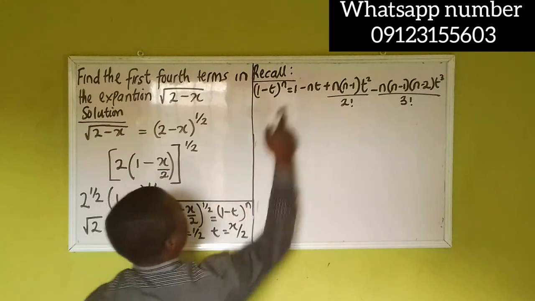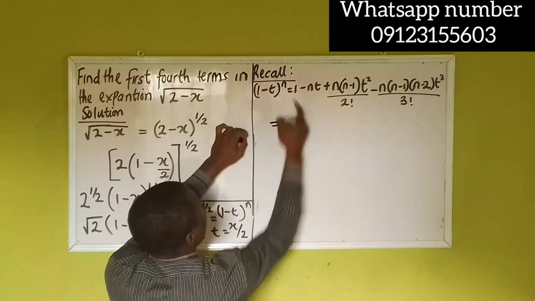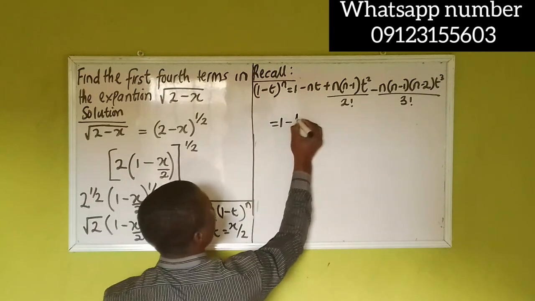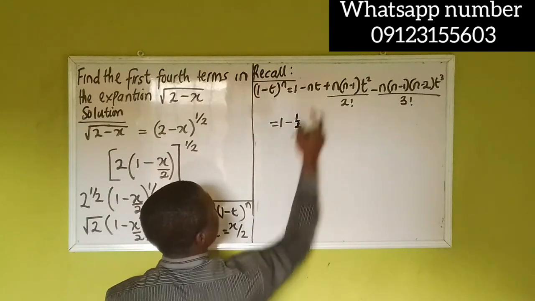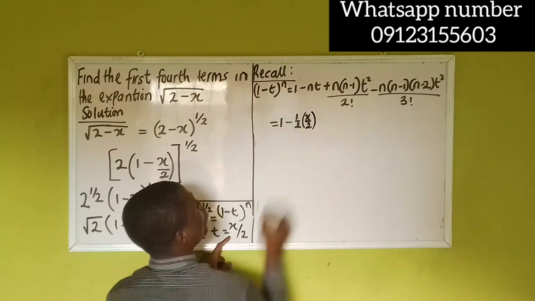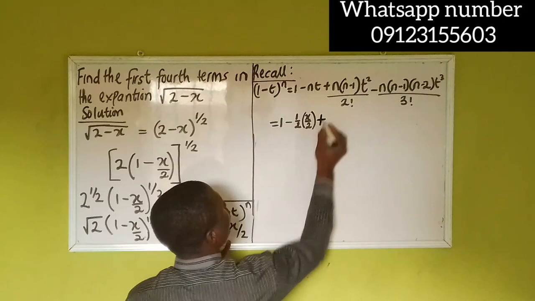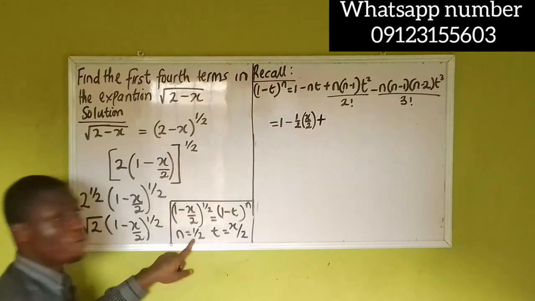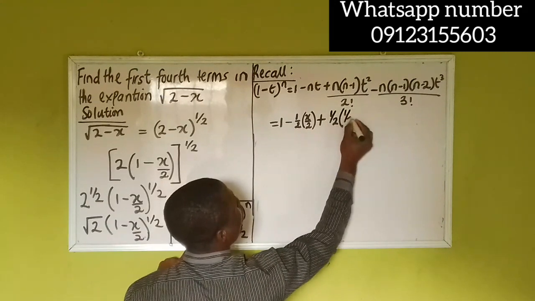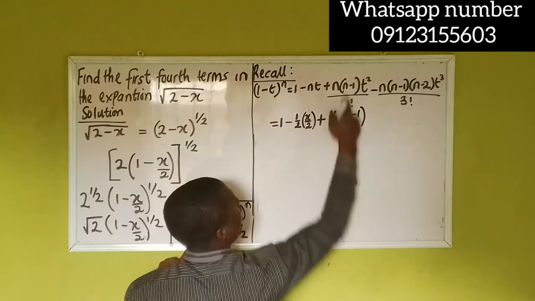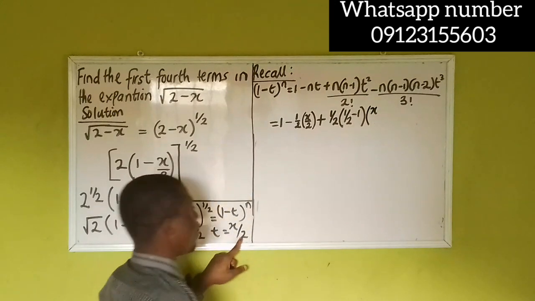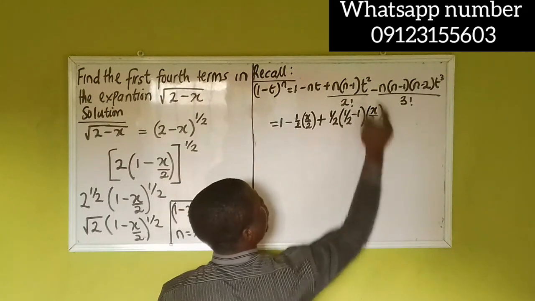Now, my first term is 1. Then 1 minus n, and we said n is 1 over 2, so that becomes 1 over 2, multiplied by t. T is x over 2, so into x over 2. Then plus, I have n, which is 1 over 2, so that becomes 1 over 2 into 1 over 2 minus 1. Then t, we said t is x over 2, x over 2 to the power of